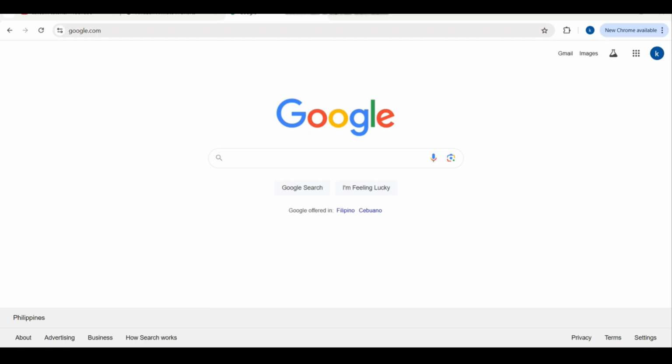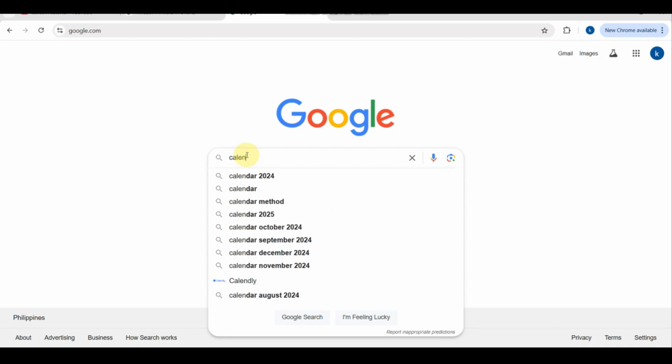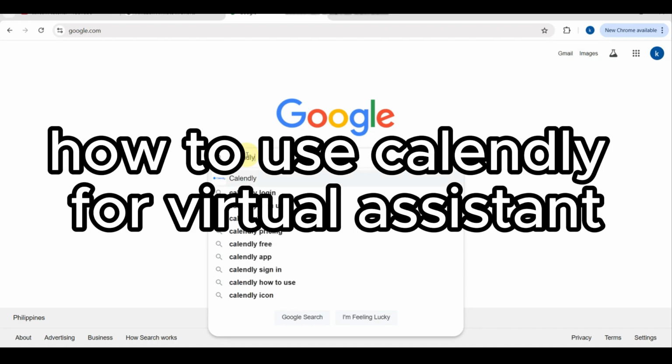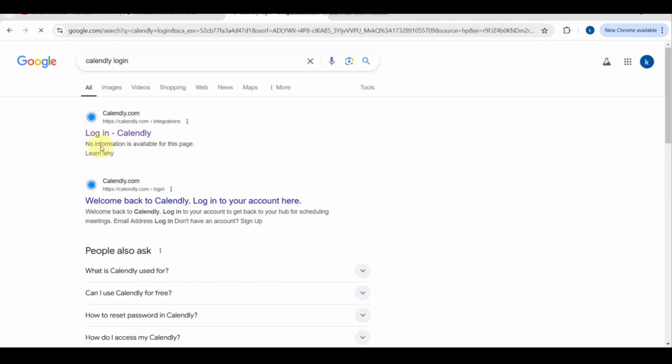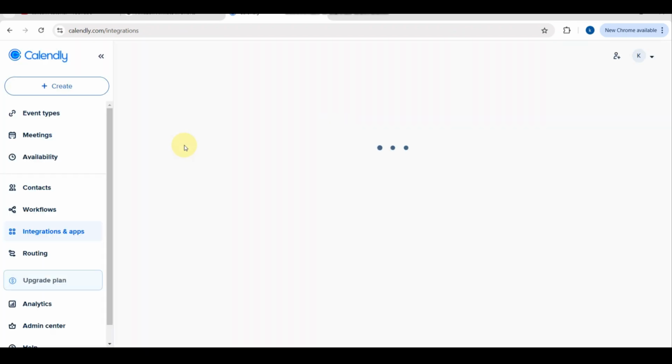Are you a virtual assistant looking to save time, reduce scheduling headaches, and impress your clients with seamless organization? Then you are in the right place. In this tutorial, I'll show you how to use Calendly, a powerful scheduling tool that helps you manage appointments, sync calendars, and automate workflows. And by the end of this guide, you will know how to set up your Calendly